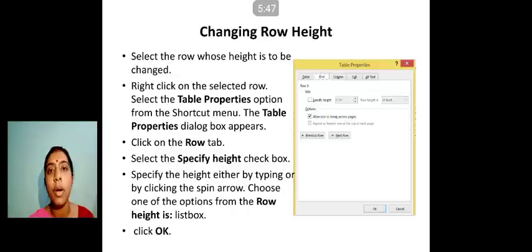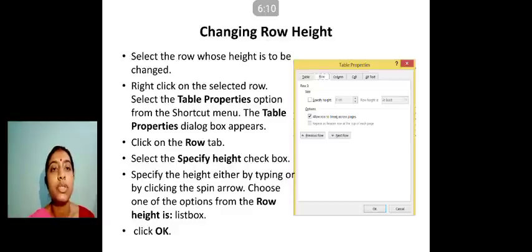If we are talking about height, we are talking about a row, or you can consider a number of rows. But generally it is for a single row, the height of the row. And when we talk about width, we are talking about a column. Clear? Now let's start. How to change the row height.